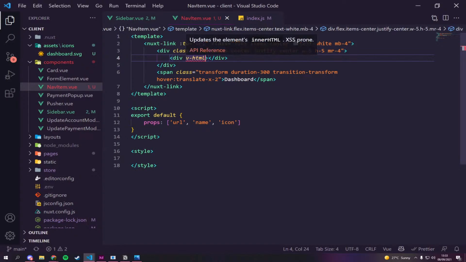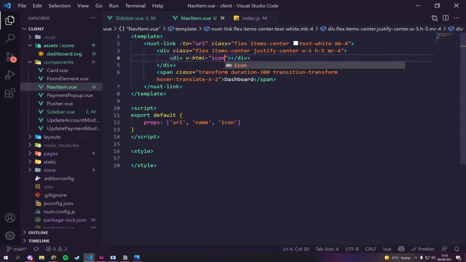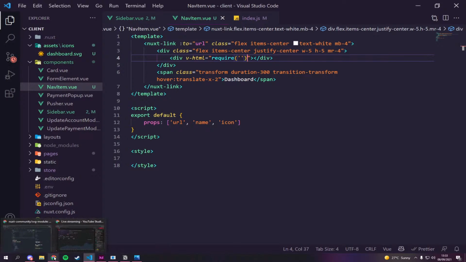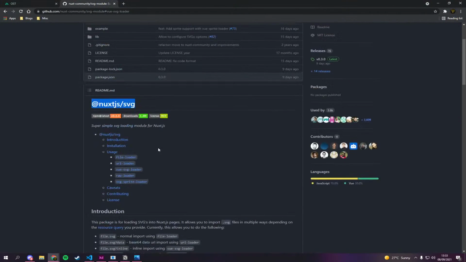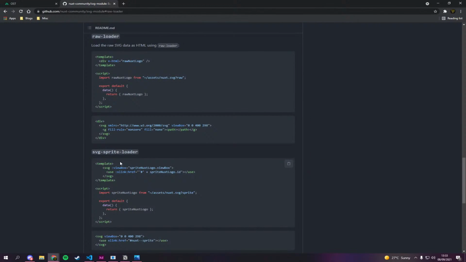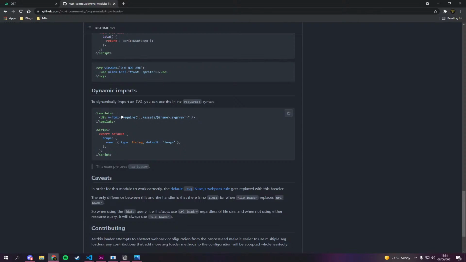And we're going to say feed HTML is equal to require. Let me just go and look at the documentation because it'll tell me, it's actually at the bottom. Raw loader, it's actually at the very bottom. This one is what I want. Require this. Where are we going?